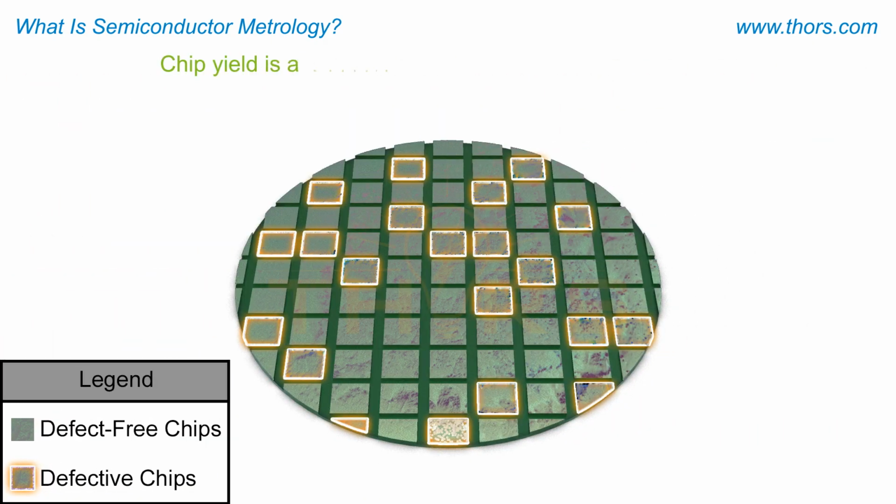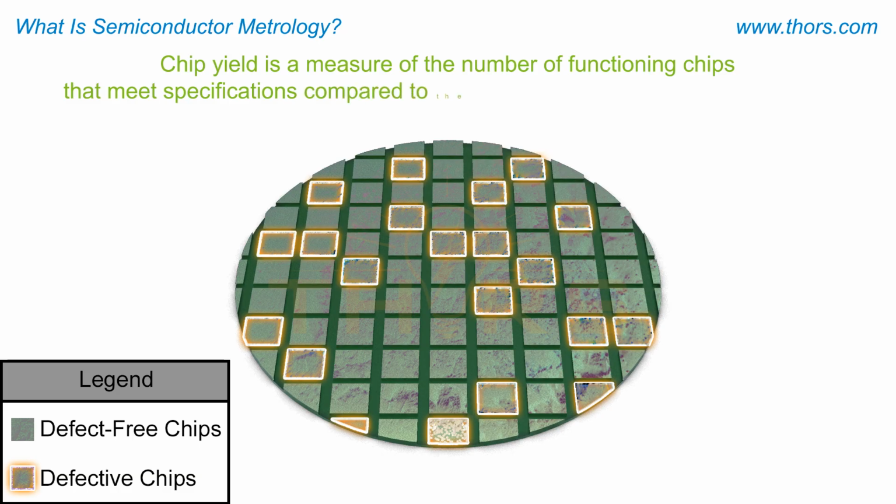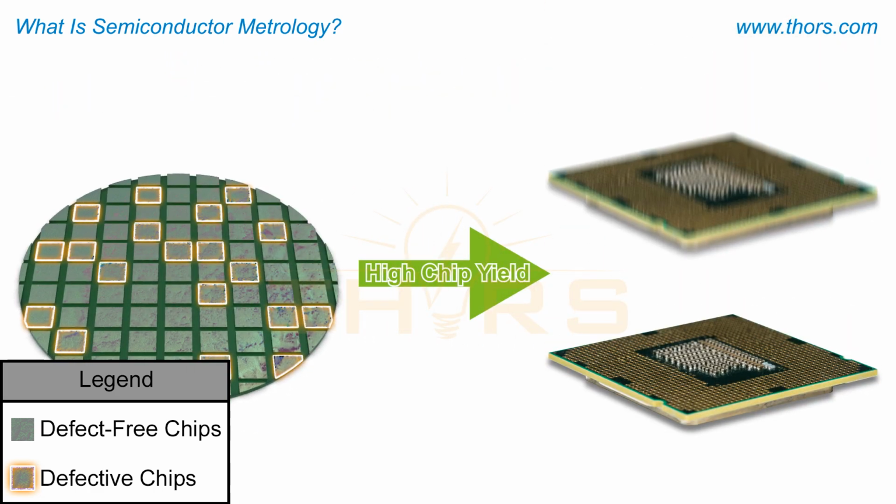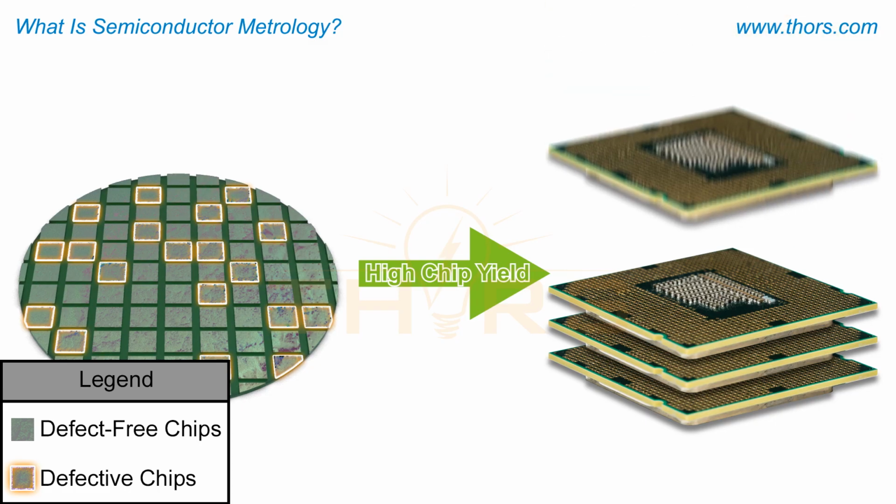Chip yield is a measure of the number of functioning chips that meet specifications compared to the total number of semiconductor chips fabricated on a wafer. A higher chip yield means that more devices can be produced with the same amount of raw materials, time, and